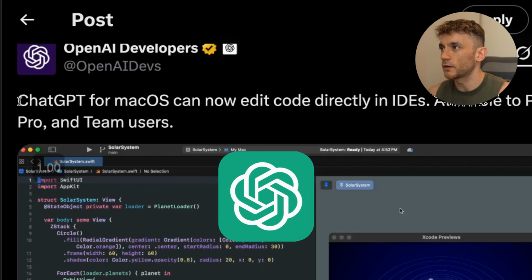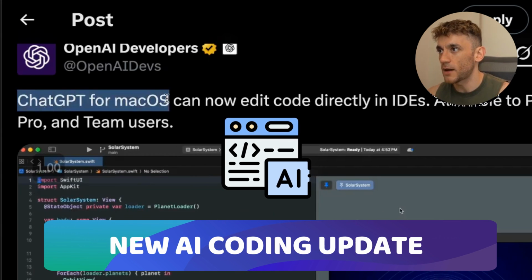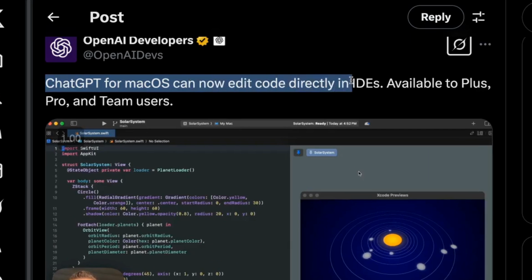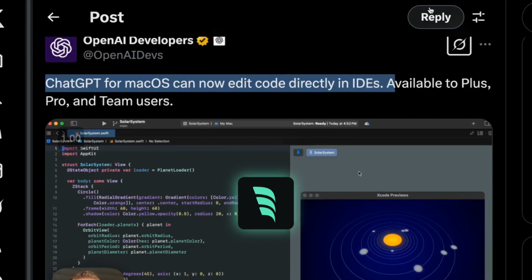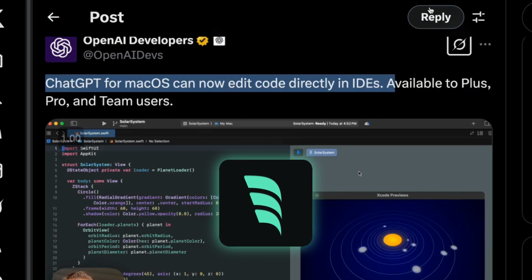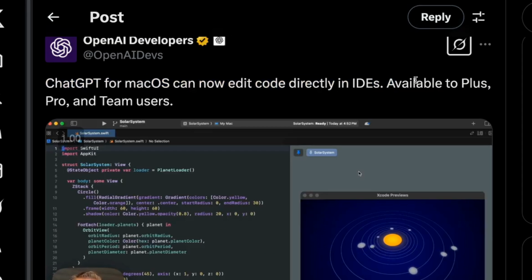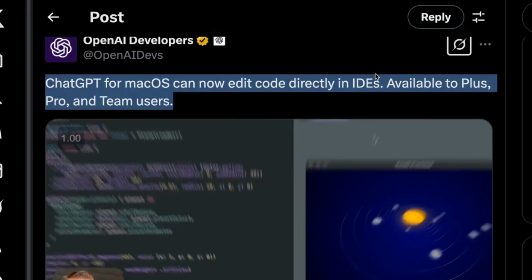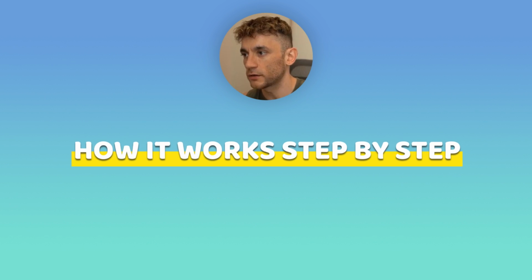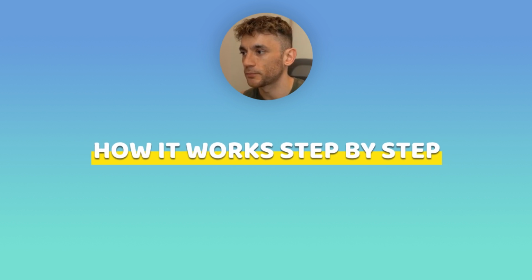ChatGPT have just released a new AI coding update for macOS that can now edit directly in IDEs. So, for example, like Visual Studio Code or Windsurf, you can now actually edit your code directly inside these places. And this is available to Plus, Pro, and Team users. So, let me show you exactly how it works step by step and how you can use it, plus how